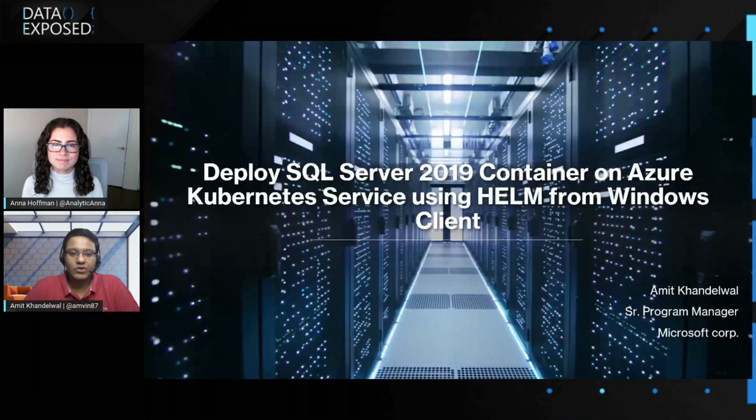And today what I'm going to show you is a demo of how you can run Helm on a Windows client machine and deploy SQL Server on an Azure Kubernetes environment from your local Windows machine, all through Helm. So that's something that I really want to get started with.